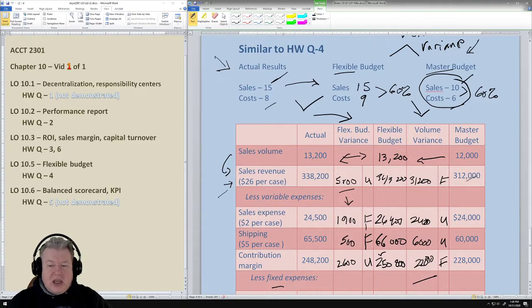Now, once we get to this item, we're not sure whether it was because of volume or costs, so we'll actually look at the breakdown of the flexible budget variance in the next chapter. But it did introduce it in this chapter, and so let's start thinking about the difference between actual results and the master budget and how we have to scale them to be able to compare them. Okay, that's the end of this chapter.